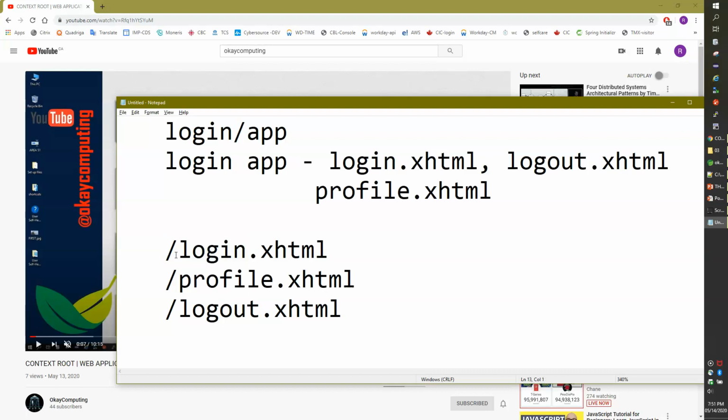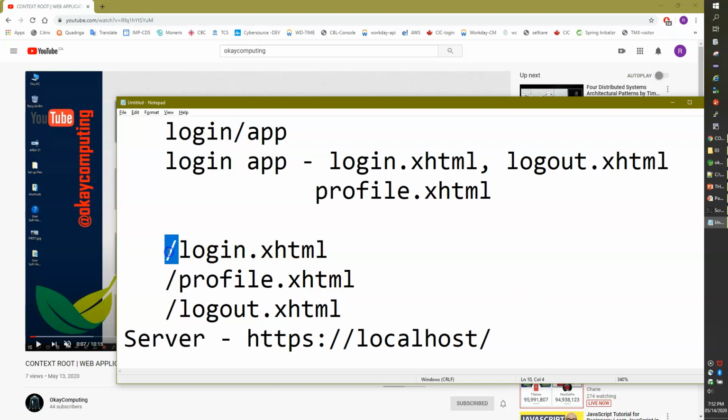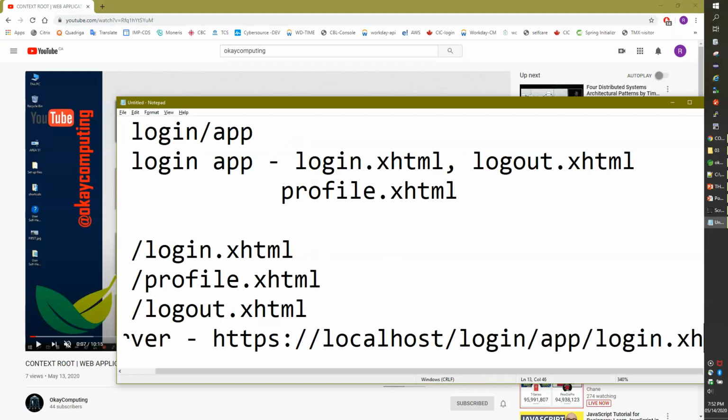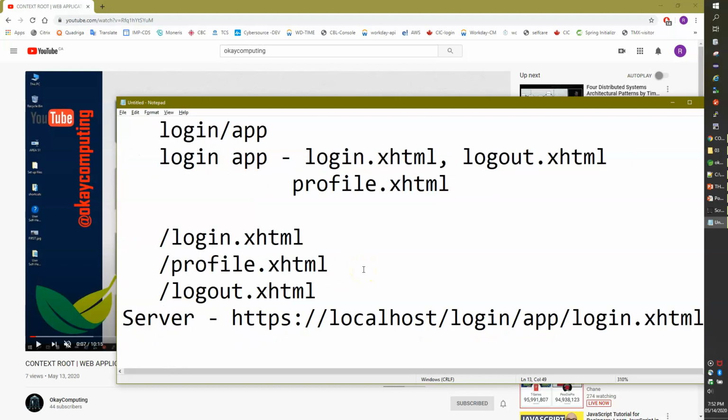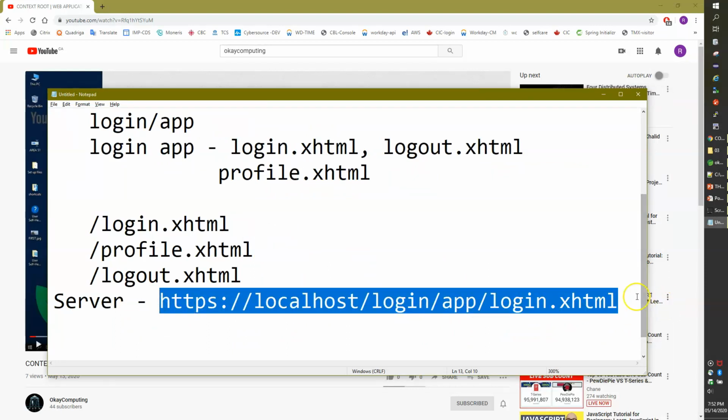Let me give you an example. My server is something like //, and for example I'm using localhost. Then you have your navigation, where you define, let me go to the login page, but then you write a slash. If you use /login.xhtml, this particular slash will be replaced with the context root of your application. If there is no context root, it will be the slash only. If there is a context root, for example, login app, it will be in your URL as login app/login.xhtml. Now you see this is the URL path of your login page.